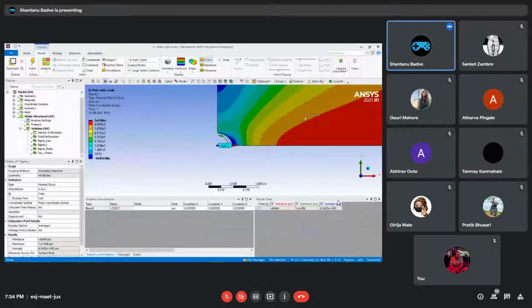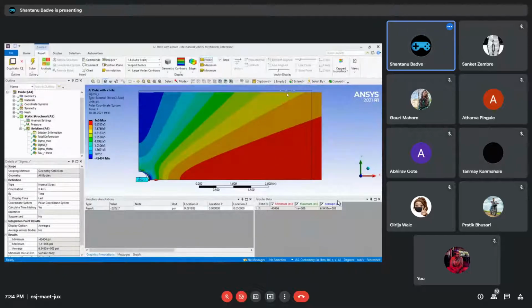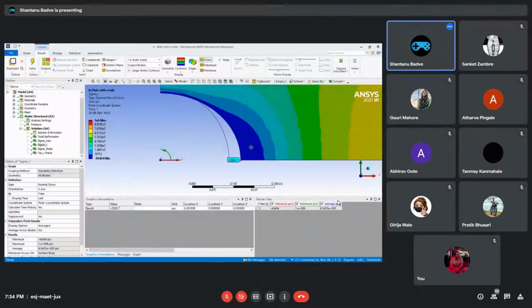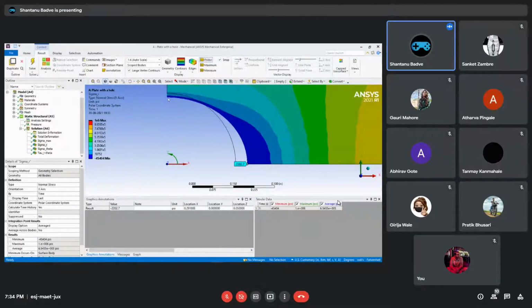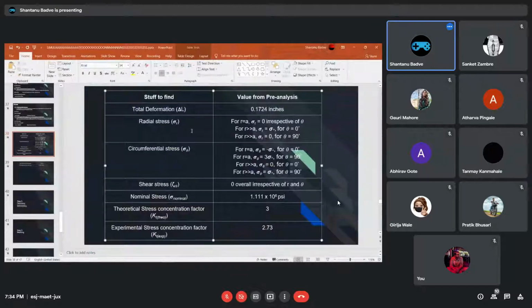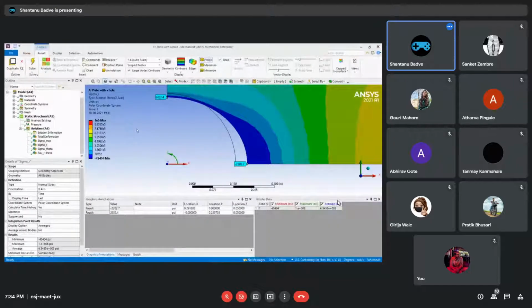But when the software actually solves it, it actually considers the object to be a finite space. And because of that, the values that we are getting here are never going to be 0. They are going to be something, but they are never going to be 0. Okay, they are just going to be something. All you can do is compare this value to the maximum value that you are applying. We applied 1 times 10 raised to 6 psi, but the value that we are getting in here is minus 2202.07 psi, which is less than 1% if you really check it. All right, and that is still acceptable.